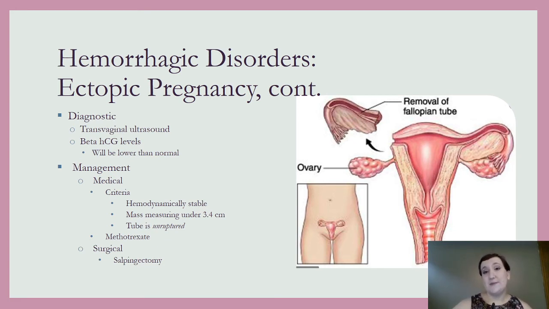When the nurse is administering methotrexate, because it is a chemotherapy drug, we have to take chemotherapy precautions. When we've given this woman methotrexate, we have to tell them that they need to avoid pregnancy until they've been cleared by their medical provider. And again, they need to double flush the toilet after urination as their body excretes.